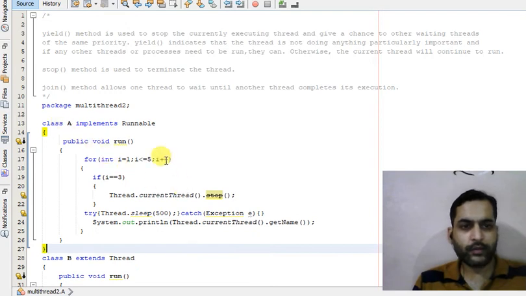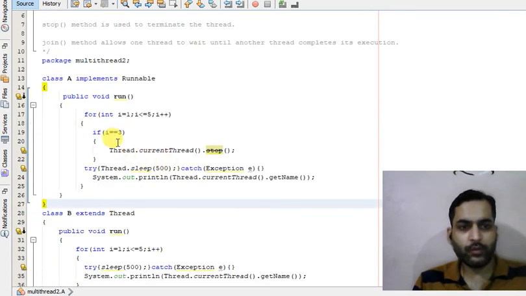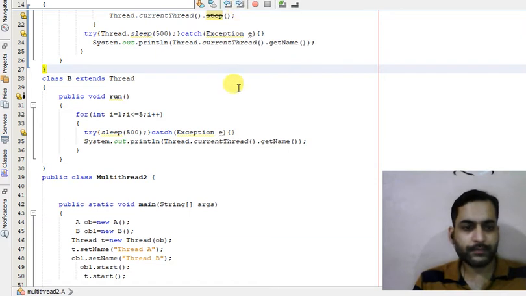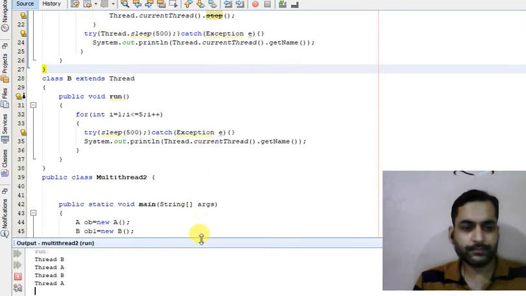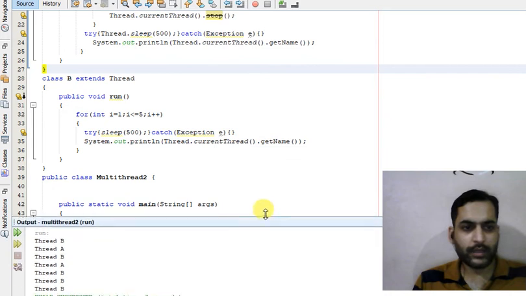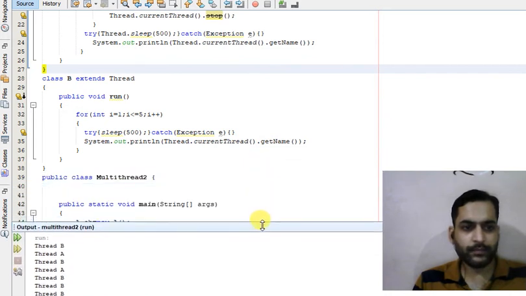This thread A should run 2 times for i is equal to 1 and 2, and this thread B will run 5 times. So now let us try to run it. So as expected, A runs 2 times and B 5 times. So this is how we can use the stop method.